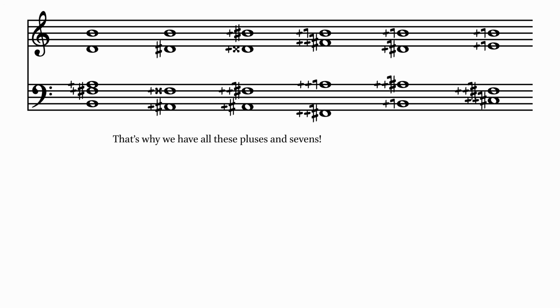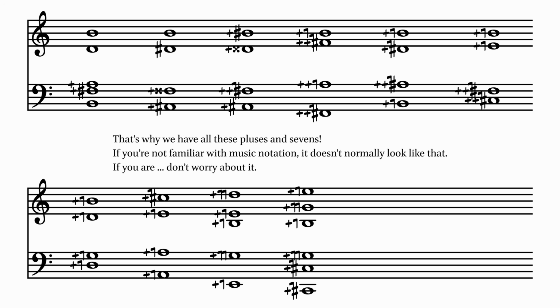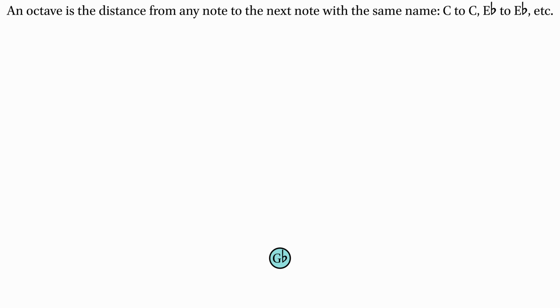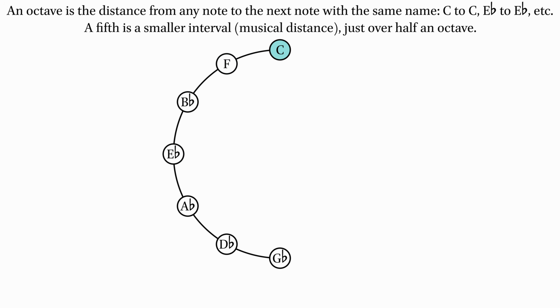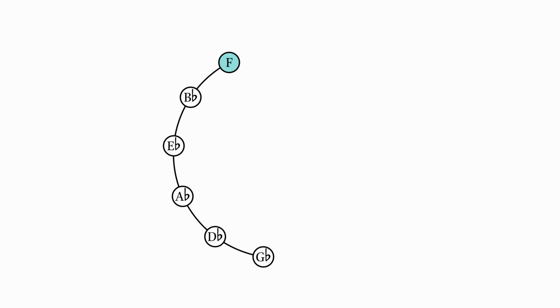Just intonation is a big topic, but all you need to know for now is that while some chords will be very familiar and pleasant, others can get pretty dissonant and strange, much more so than any chord in equal temperament. There's also a lot of notes involved. Equal temperament has 12 notes per octave, which are often presented in a circle of fifths. If you keep going up a fifth, you'll get back where you started, adjusting for range, and cover every note in the process. But in just intonation, the ends of that circle don't quite meet up.